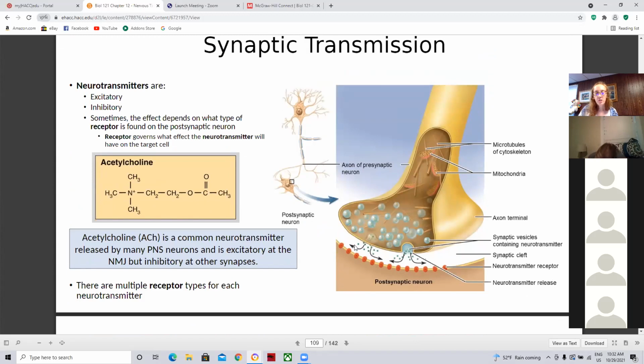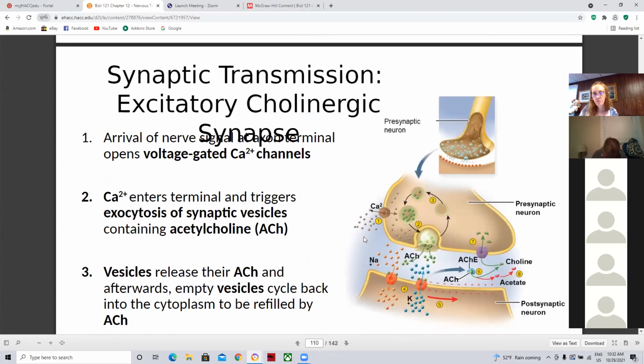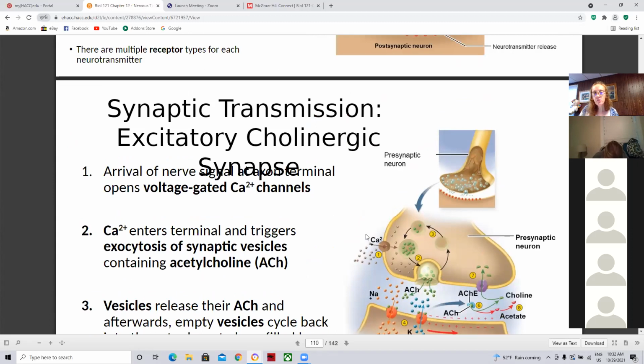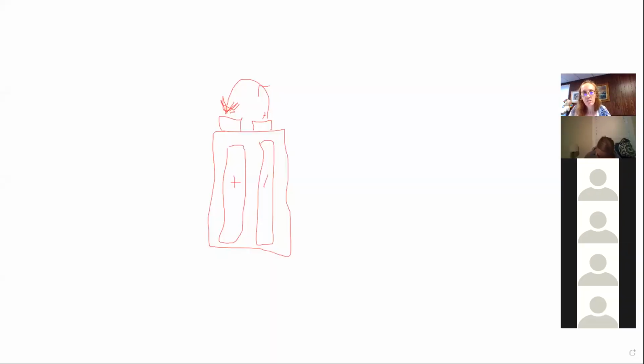There are multiple receptor types for each given neurotransmitter. For excitatory cholinergic, if you think acetylcholine, cholinergic, this is a receptor that's going to involve acetylcholine. Bear with me just for a second here. So all cholinergic receptors